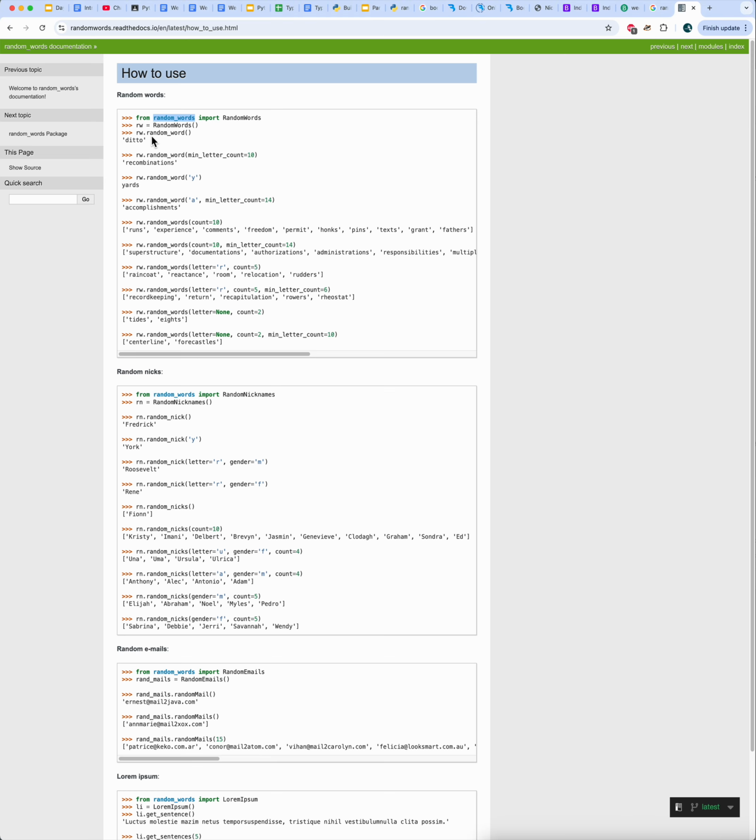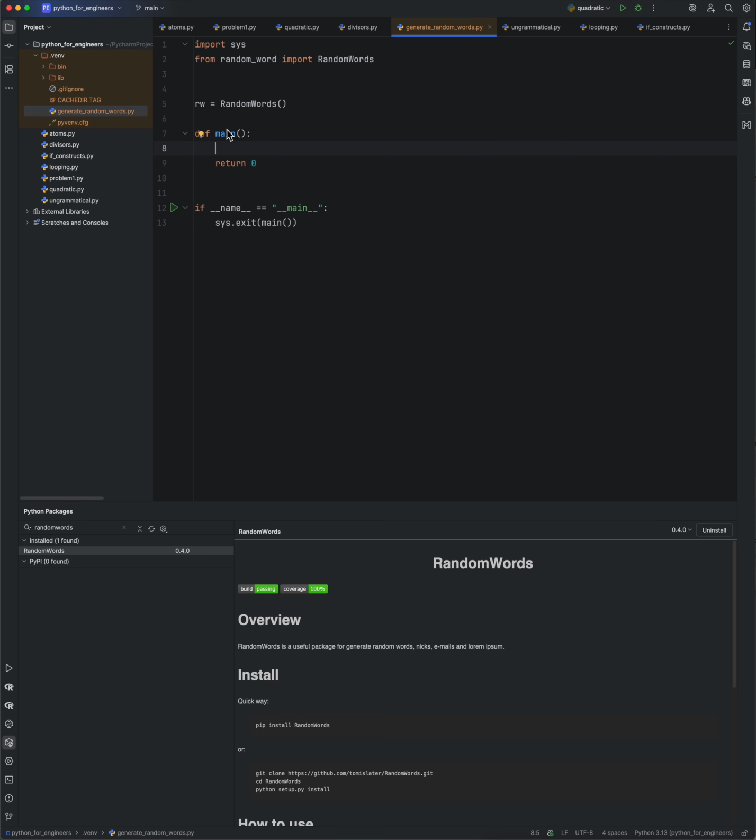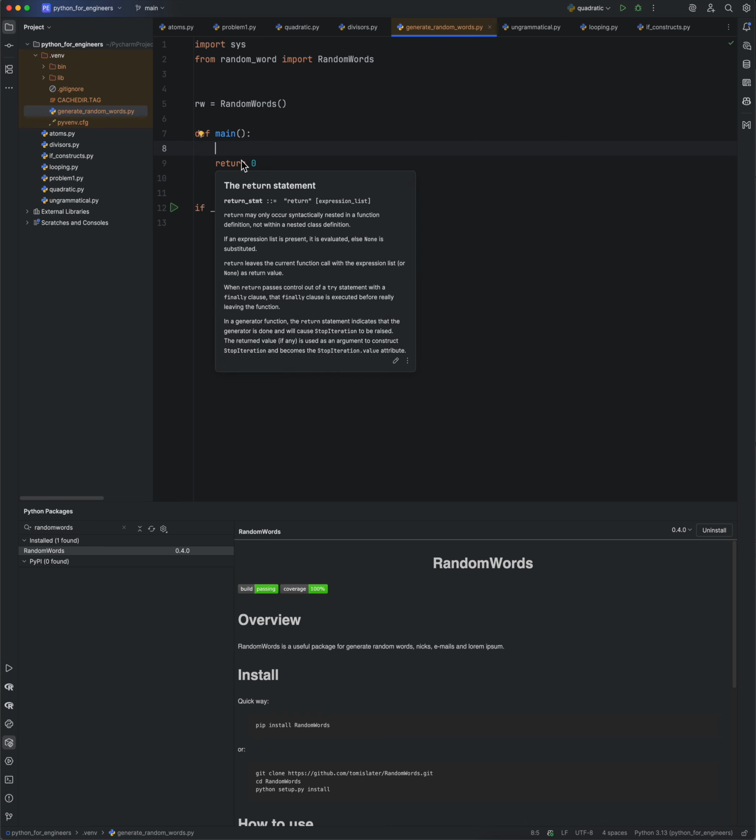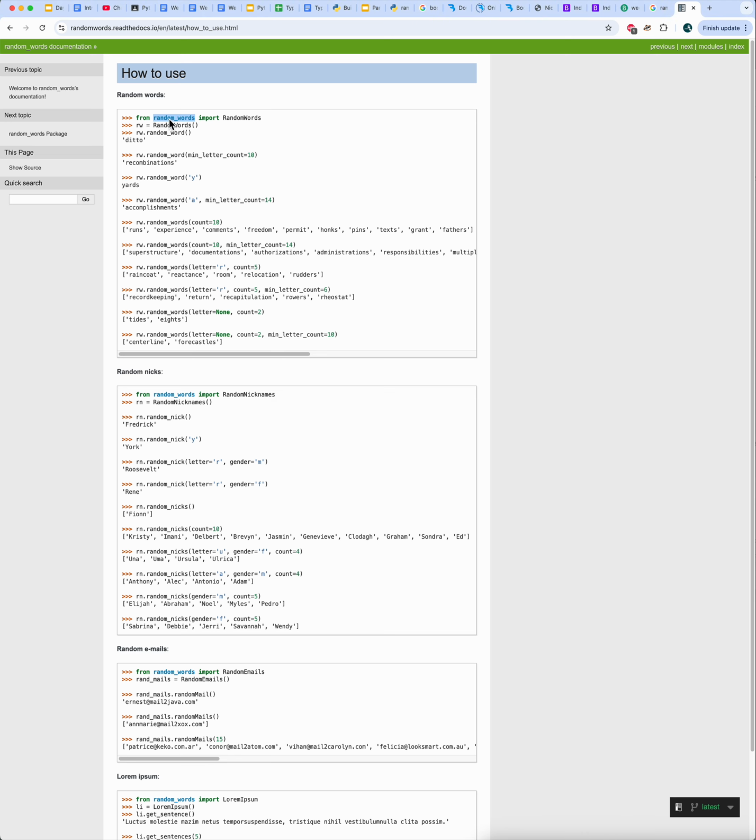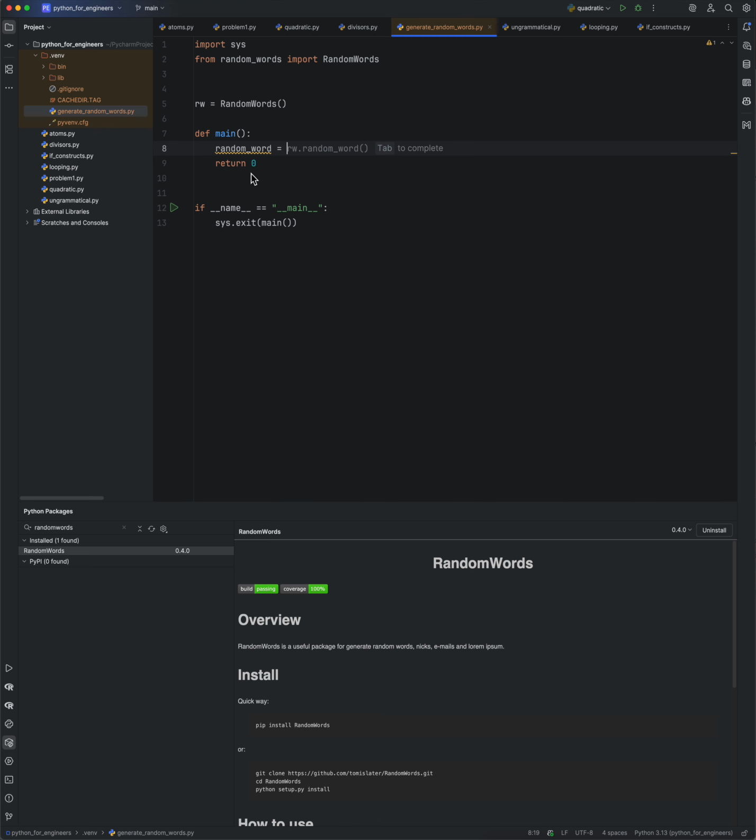So random word. You can generate a random word, and you can choose a number of options. This is a bit confusing because here we have random word. It should be random words here, and this should be random word here, because this is random words plural, and we are generating a random word here from our random words object. So RW dot random_word, and now we can print a random word. So if we run this,